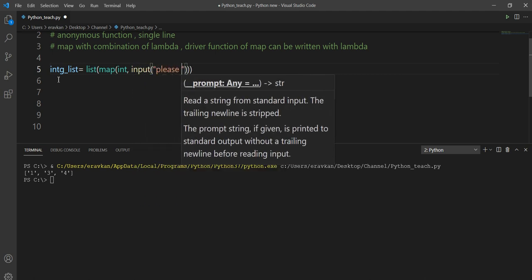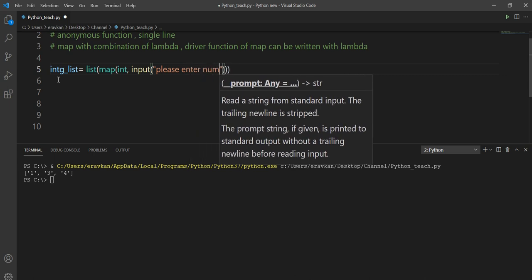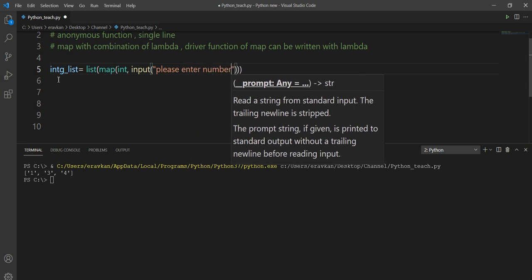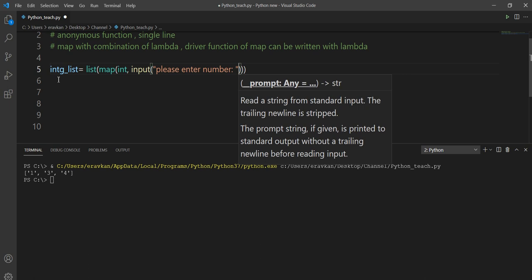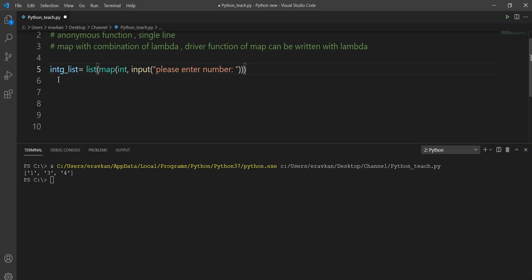Here I can write please enter numbers, and here I can say input, and then split. One second. I hope this is okay now.